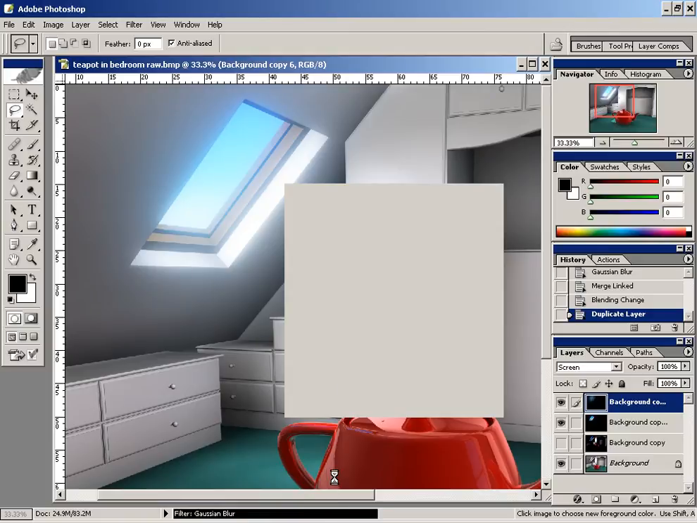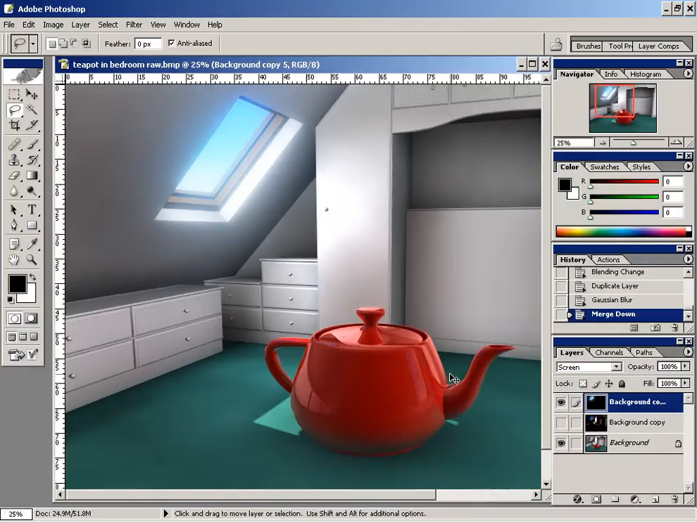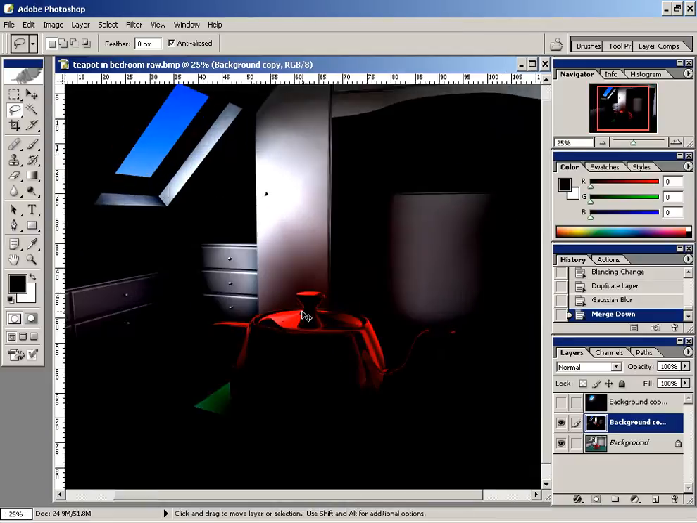Takes a second to do because it's a large image, and then we get this nice kind of hazy effect that we can then collapse down and is now applied to our total image. Now obviously we want to do a little bit to the teapot, so let's just hide that, bring that back up, and then we can zoom in,